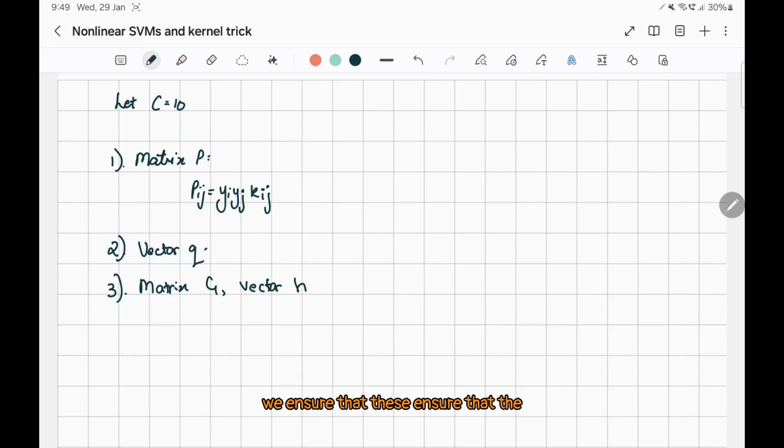So we ensure that the constraints 0 are fulfilled. So we do this by stacking negative identity and identity, right? So specifically speaking,